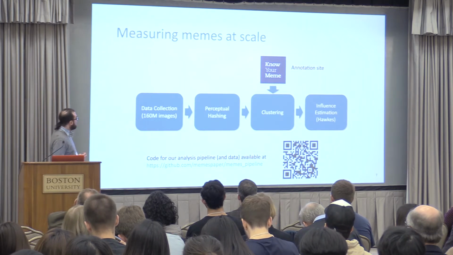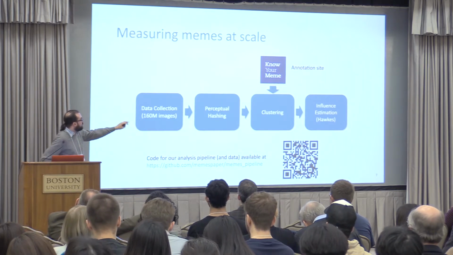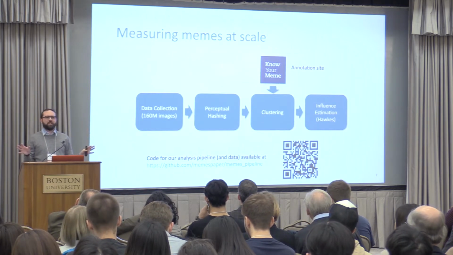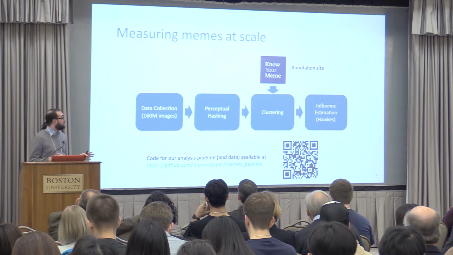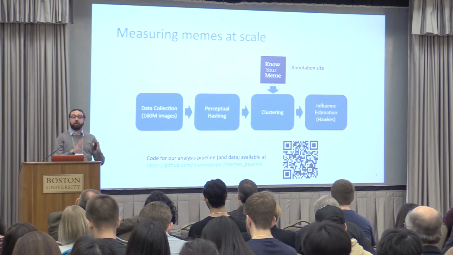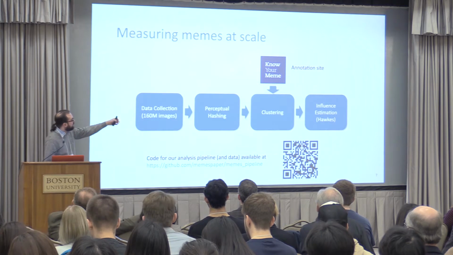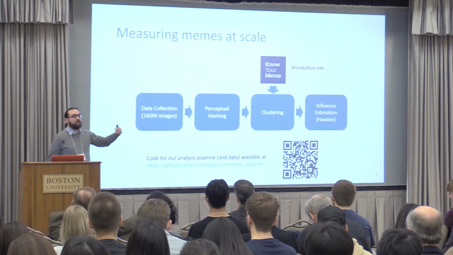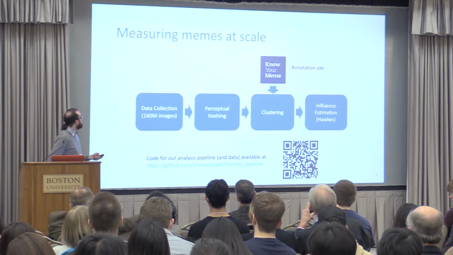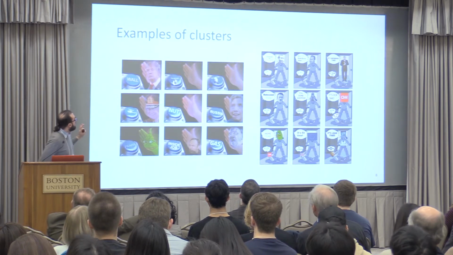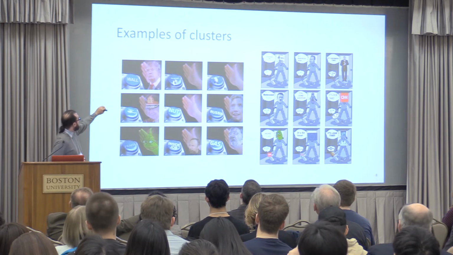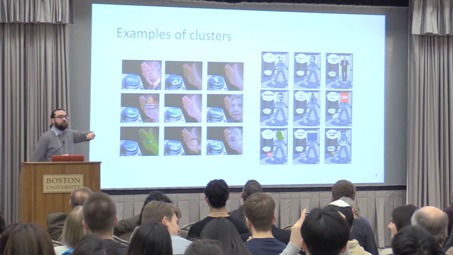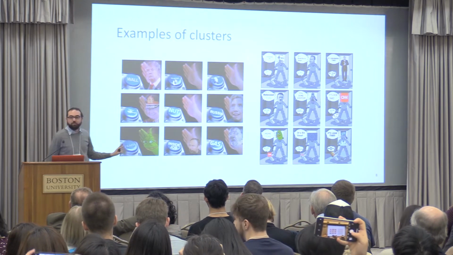So what we did was develop an analysis pipeline that uses perceptual hashing, which is basically a technique that tells us if two images are somewhat similar but not the same. And if they are somewhat similar, we can group them together and then do something similar to what we did in the news case. Can we figure out which images are picking up and are becoming popular and so on? And this is just to give you an example of the kind of clusters that we find, right? So they're not the same image. At the center, there is the most representative meme, but then we see a lot of variations and evolutions and